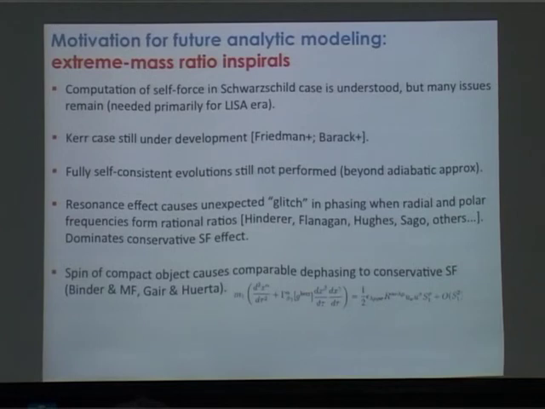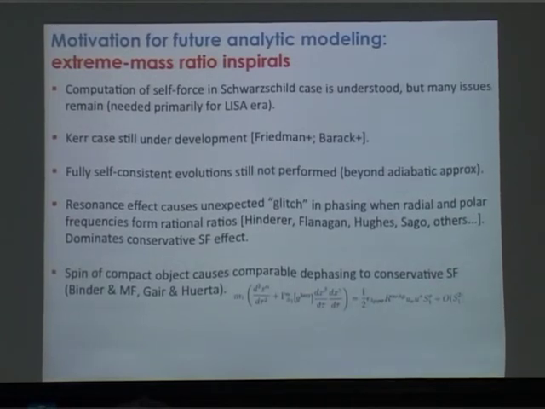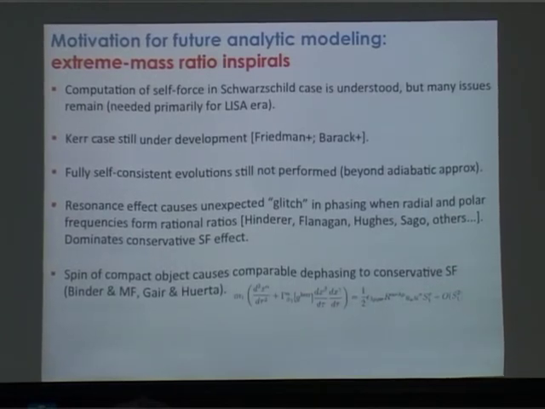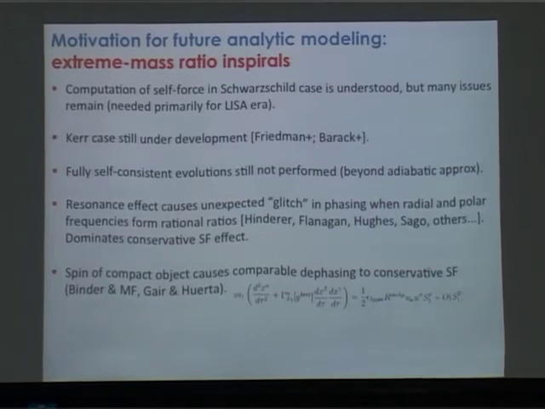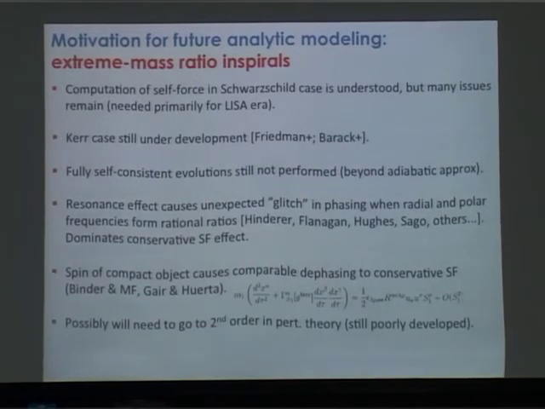Okay, so this is another area that I think is going to have a lot of future work. Also, in all of this work, the spin of, say, the smaller black hole has been totally neglected, but actually the spin of that smaller black hole produces a correction to the phasing which is on the same size as these conservative self-force effects, which we've been trying so hard to compute. So that also needs to be folded into these calculations. Effectively, that adds a spin curvature coupling term to the right-hand side of the geodesic equation.